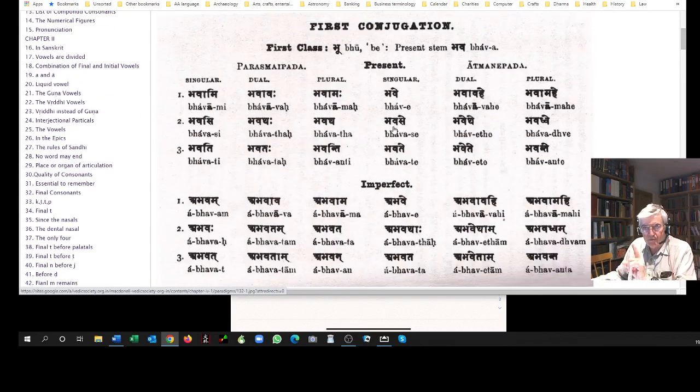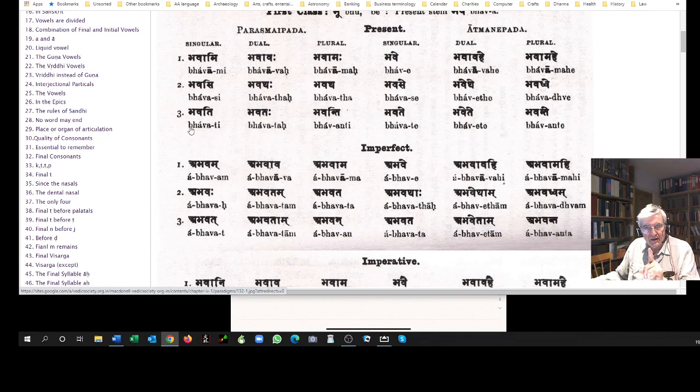But it all formed on the a. Bhavami, bhavasi, bhavati. Some modifications, we'll deal with those as we go along. Basically, here is your gunated root, bhu, bhav, bhu, gunated to bho, with the thematic, we call it thematic because it's the theme, it's there throughout this class, the a, followed by the endings, mi, etc. Notice, by the way, that the endings in an M or a V, if they're preceded